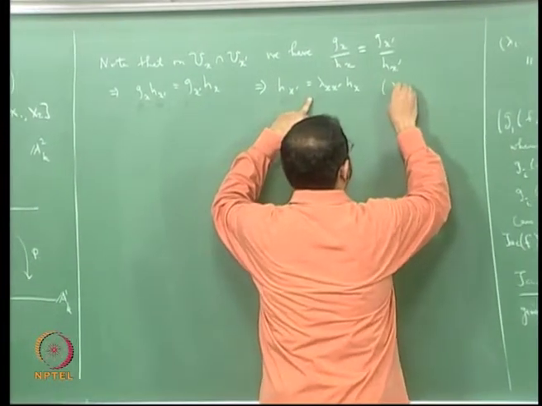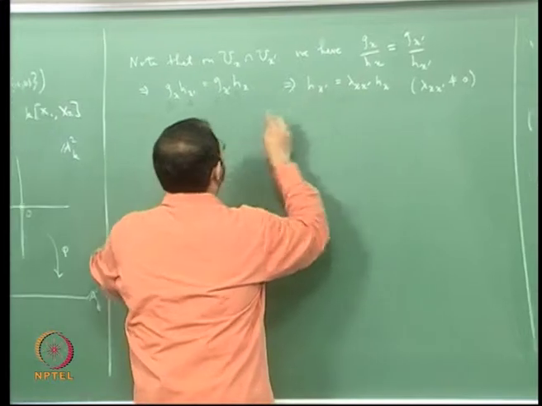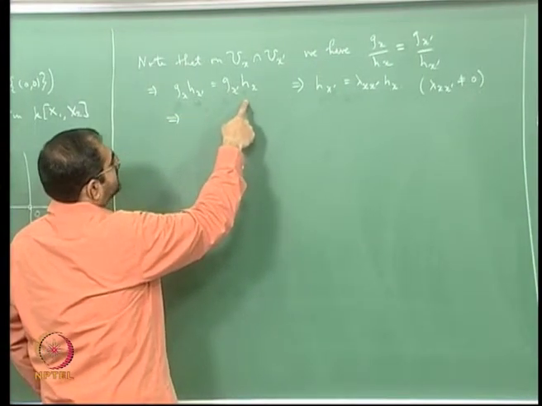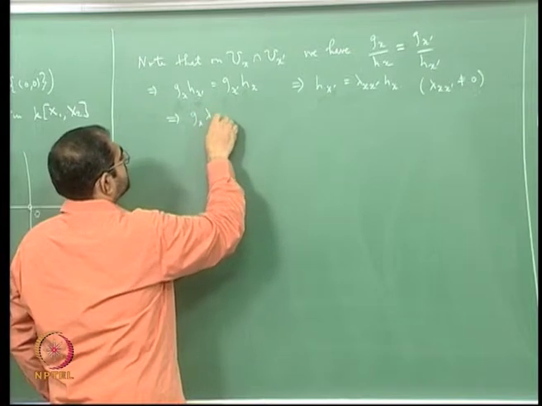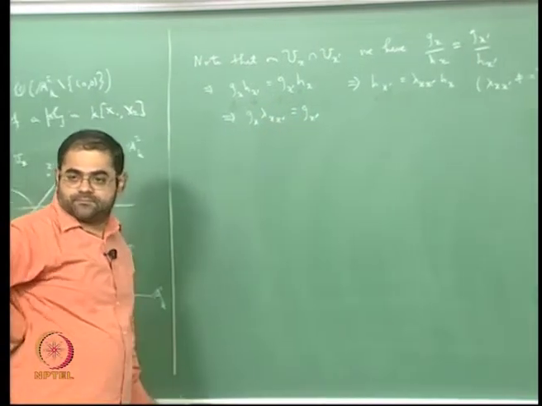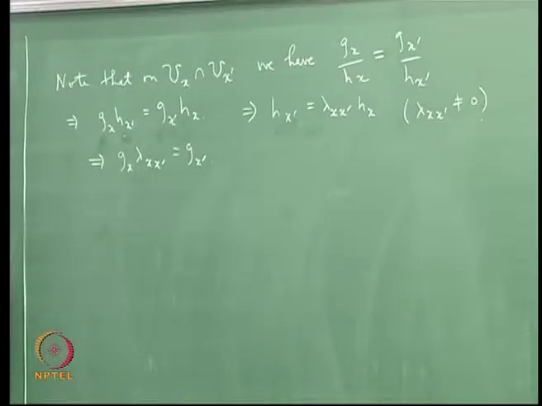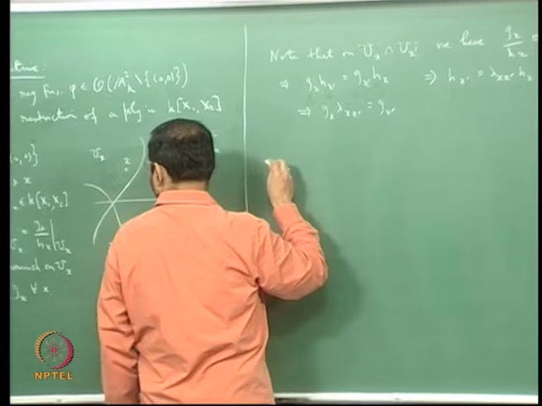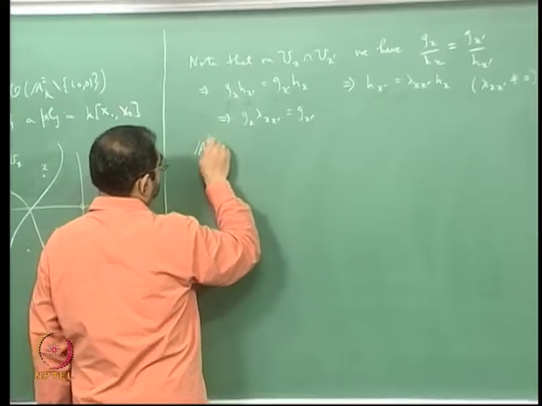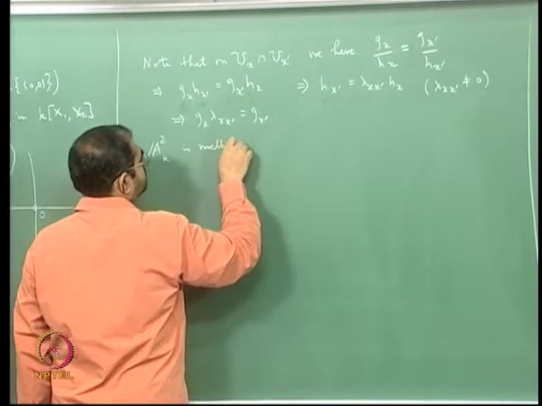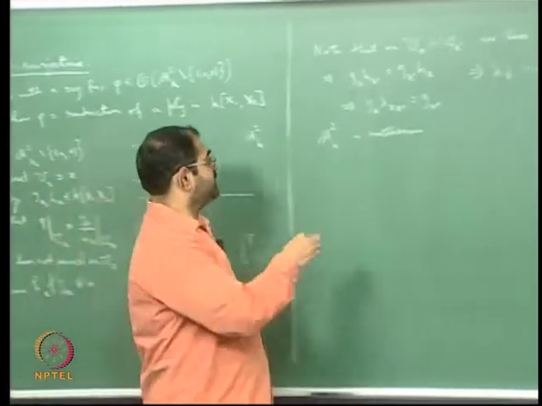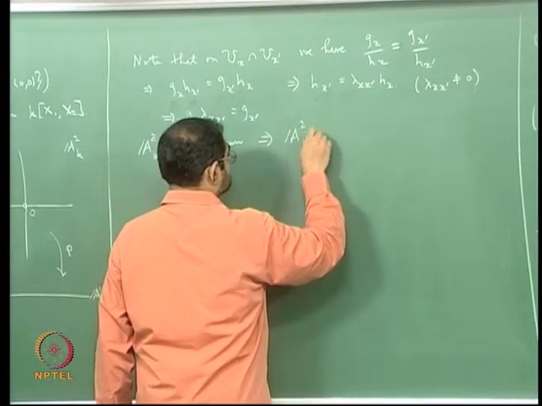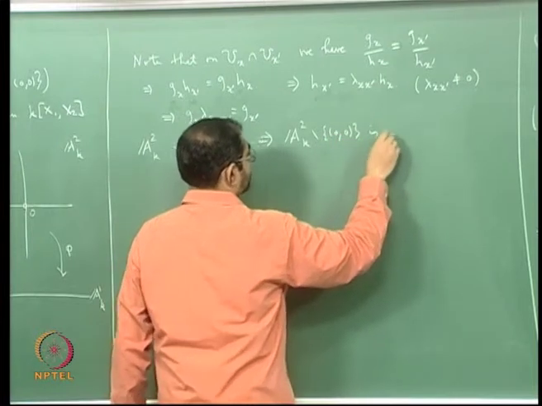So this lambda x x prime is not 0, and if you put that back into this, what you will get is that Gx into lambda x x prime is equal to Gx prime. So it also tells you that the G's differ by a non-zero constant multiple of one another. Now what I am going to do is the following. A2 k is Noetherian, and any subspace of a topological space that is Noetherian is also Noetherian, so this will tell you that A2 minus the origin, the punctured plane, is also Noetherian,